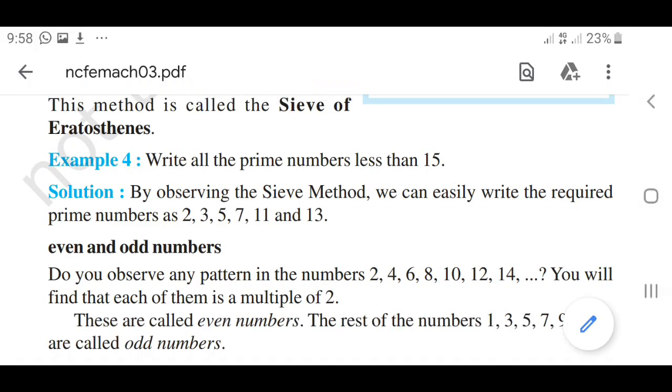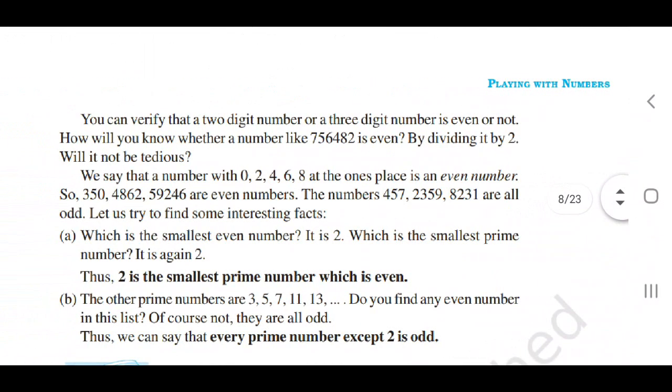Then even and odd numbers, you know what even numbers are. Okay, what are even numbers? 2, 4, 6, 8, etc. are called even numbers. The remaining are called odd numbers. So, if it is a 3-digit or 4-digit number, how can you identify even numbers and odd numbers? If the number in the unit place is even, then the number will be an even number. If the number in the ones place is odd, then they are odd numbers.